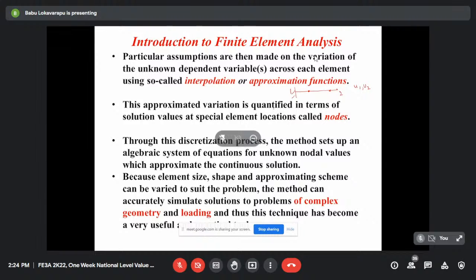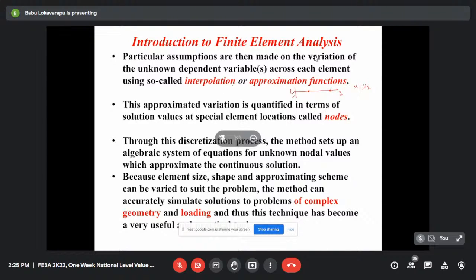Is one-dimensional, two-dimensional, and 3D, and the selection of shape function is very, very important, because if you don't select a proper shape function, then you cannot make a better approximation at a required point. So this is what the shape function is, and using shape function, we are able to find out the field variable wherever you require, other than your